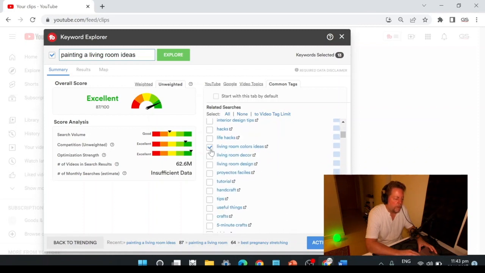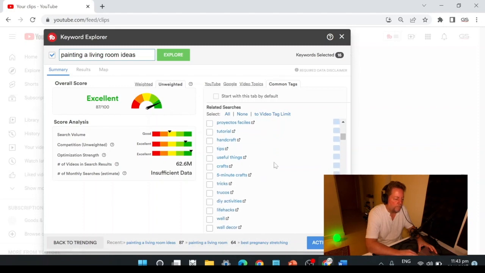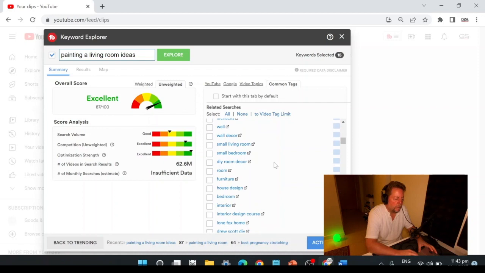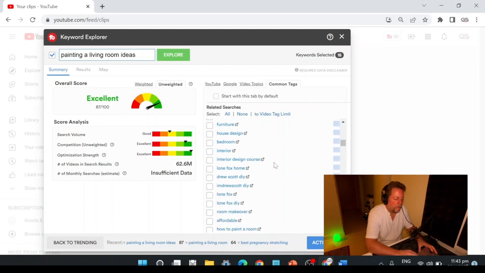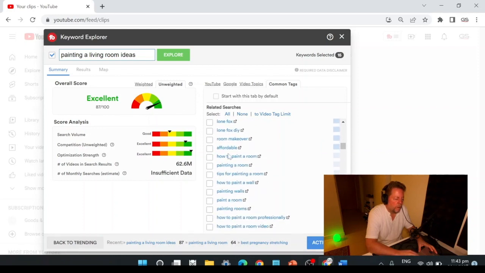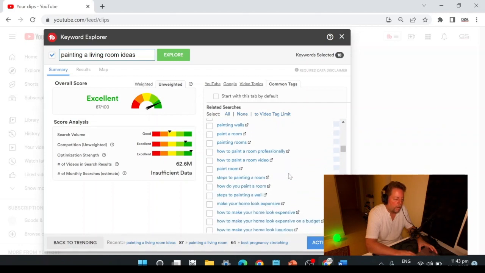Living room color ideas, living room decor, living room design. What else? How to paint a room, painting a room, tips for painting a room, how to paint a wall. That might be too broad. How many phrases? We got about 19 phrases.